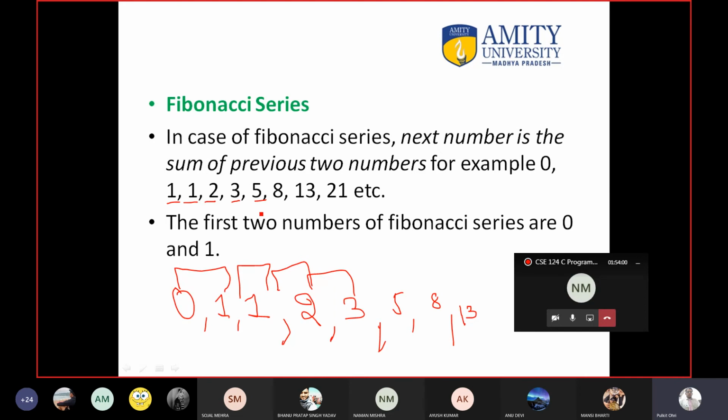You do not have to use the array concept here. You can use any concept. You can use a loop and write the code. So can anyone tell me how you can write the code? Only the logic. It is very easy. Yes or no? It is not difficult code. Just take a number as input from the user, and that is the stopping condition of the loop. Yes or no? Because it will tell how many numbers you want to print on the screen.